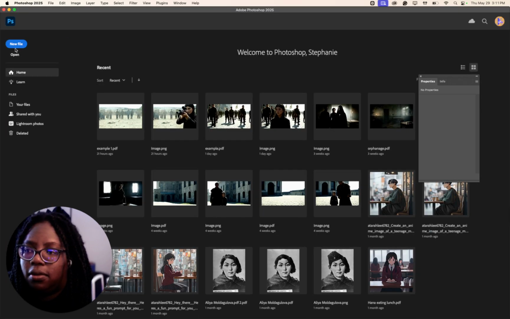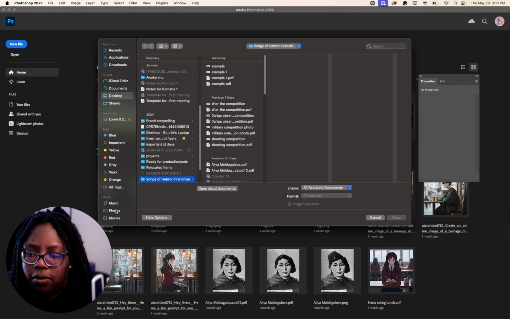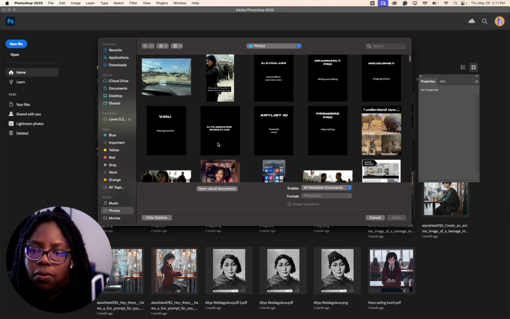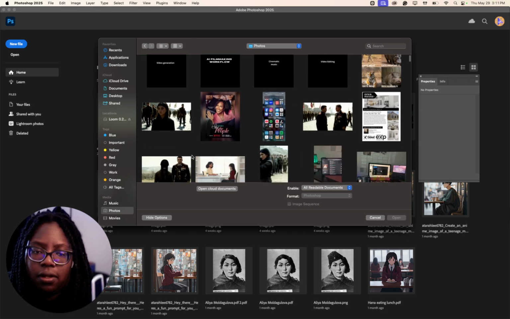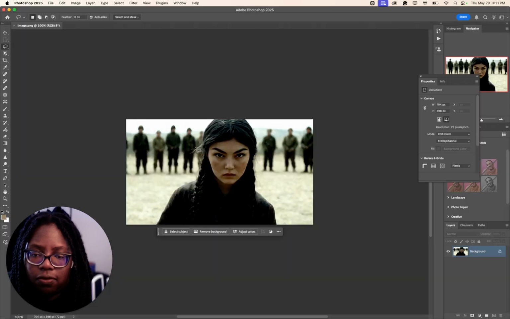Right, so I'm going to go ahead and go to open. I'm going to go to photos. I actually save my photos in either the download folder or one of the other folders you just saw there. But I also keep them in my photos folder. All right, now here is a picture of Doriga, and she's standing there, and I think this is from the last video that I just showed you from that scene.